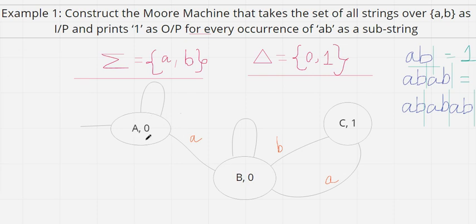Okay, so if in this transition, what will be the output for this? The input will be for B, so this transition will be for B. This transition will be for A. I think it's clear. So this will be the transition for B, and this is the transition for A. Now state A is done with the process.